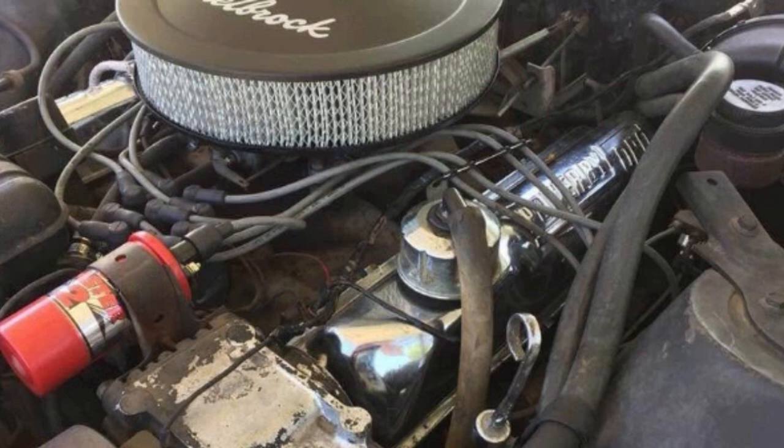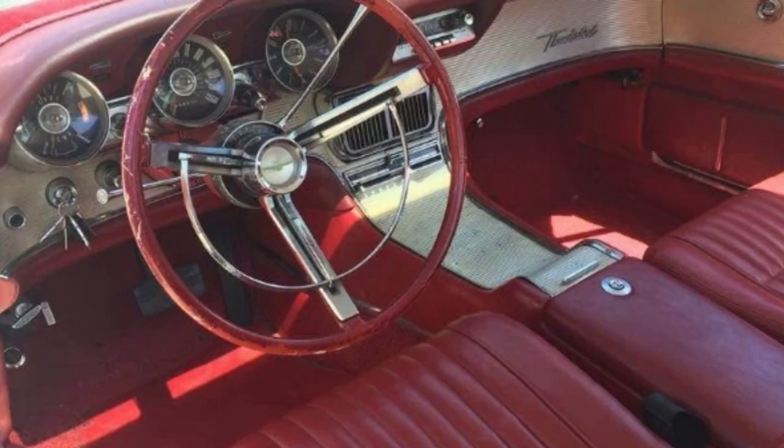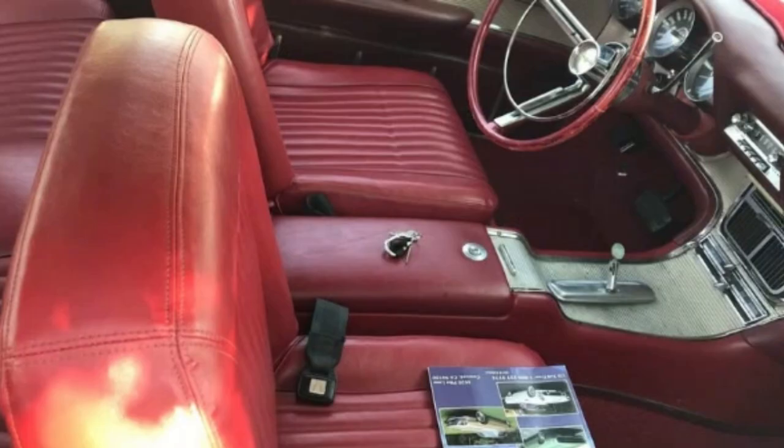The exterior displays the distinctive styling of the third-generation Thunderbird, complete with round tail lights and the signature bird emblem on the rear. Mechanically, the car can still start and drive, but needs an engine rebuild due to compression loss in cylinder 8. The owner mentioned it was used as a daily driver for 2 years and has been owned